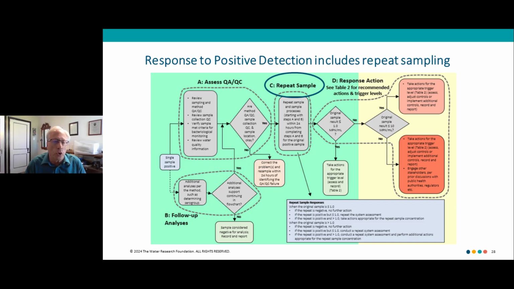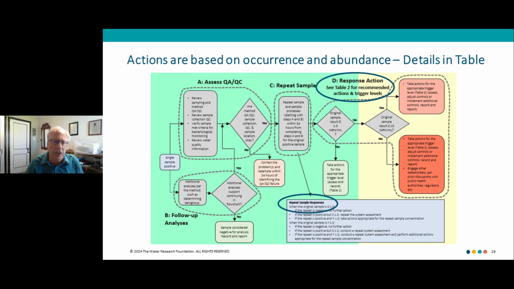Next, you decide, let's go back and take a repeat sample. We had a sample location that came up positive, again, similar to total coliforms. Was that just here today, gone tomorrow positive? Or could there actually be something going on related to that sample type, that location? Let's go back and collect another sample and see how that sample comes up. And in doing that, you get data from the initial sample, you get data from the repeat samples, and now we go to the response table and look at what we do now with this information.